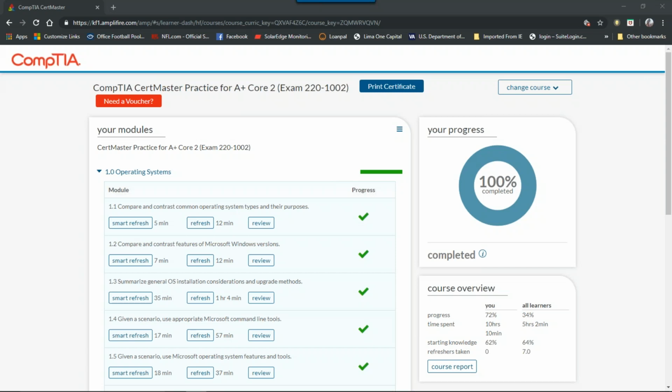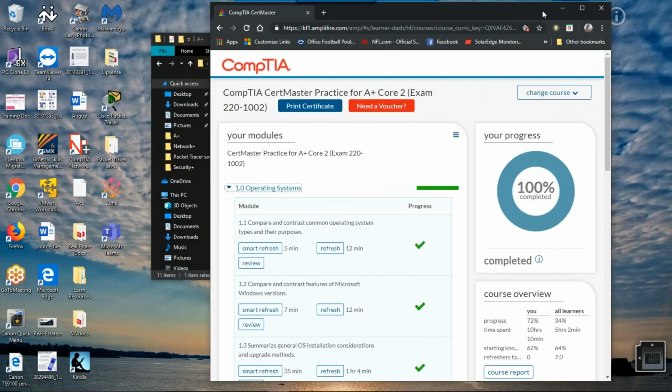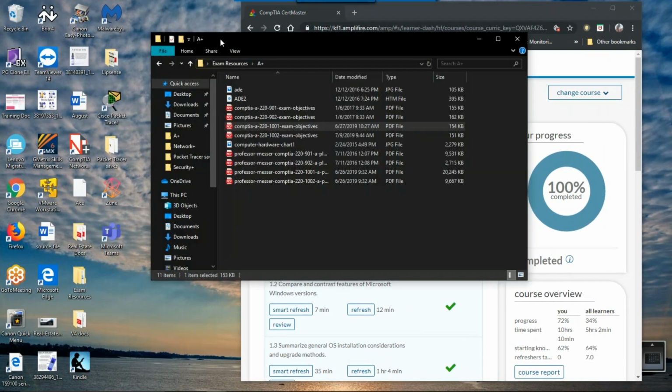And other than that, I used a few virtual machines, and just the training in CertMaster. That's it. I didn't use anything else for this particular exam. Now, Net Plus is a different story. All right, when I move on to Net Plus, I'm going to be using